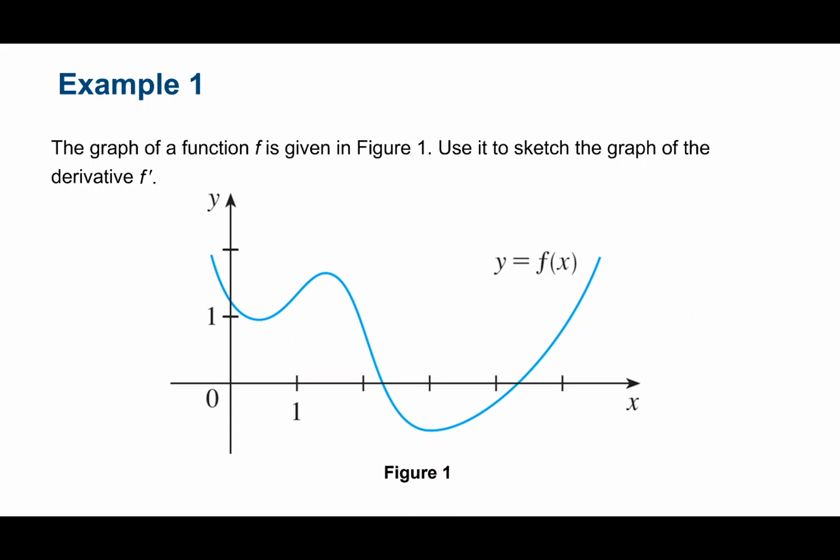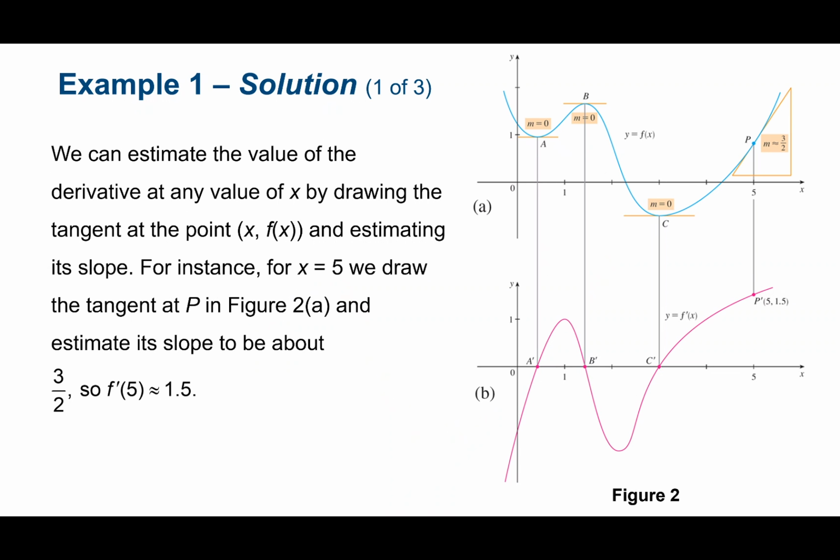So we have a negative tangent line, and then here when we get to the bottom of this valley, what happens to our tangent line? It's 0. So that's something special to look for on a graph when you have 0 values. And then our tangent line would have a positive slope, and when we get to the top of this peak, it's 0 again. And it'll go negative, and then down here, when we get to the bottom of this valley, we'll have another 0 value for our derivative, and it'll go off positive. If we're thinking about what the graph of our derivative is going to look like, that's one of the things we can think about.